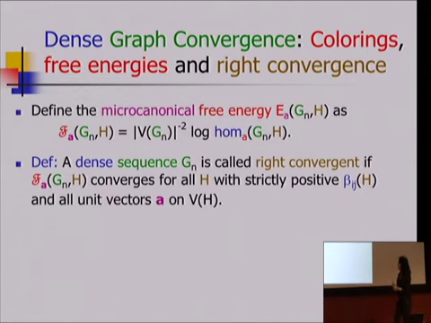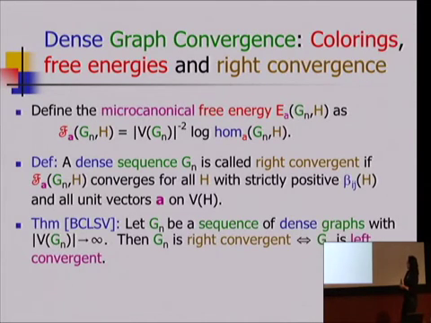And I'm going to say that a dense sequence is called right convergent if this converges for all soft core H, for all H with strictly positive edge weights, okay? And for all unit vectors A, so for all percentages of color 1, color 2, up through color V of H, okay? And it turns out